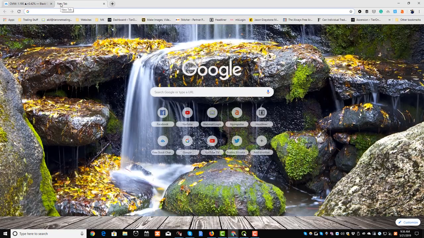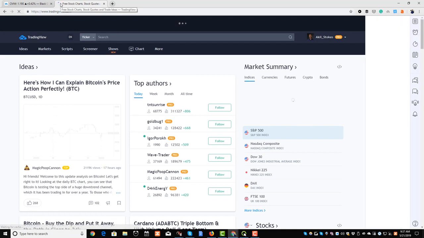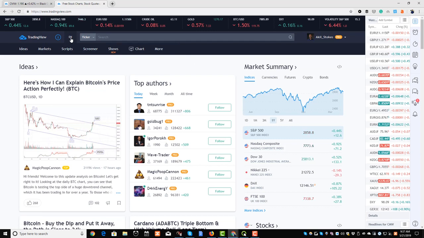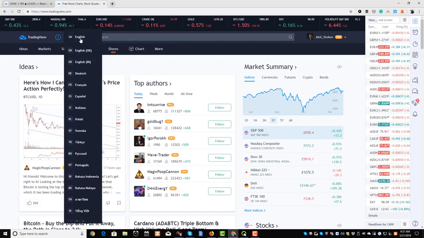Here's what you don't want to do. At the top of your menu, you see this little thing right here that says EN, English. Never post under this. Change it to UK, change it to Espanol, any of these other ones, but don't do it on this one. You have no chance.